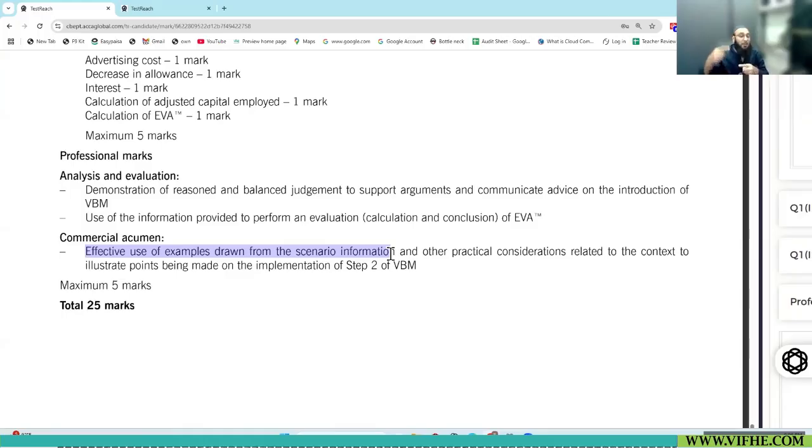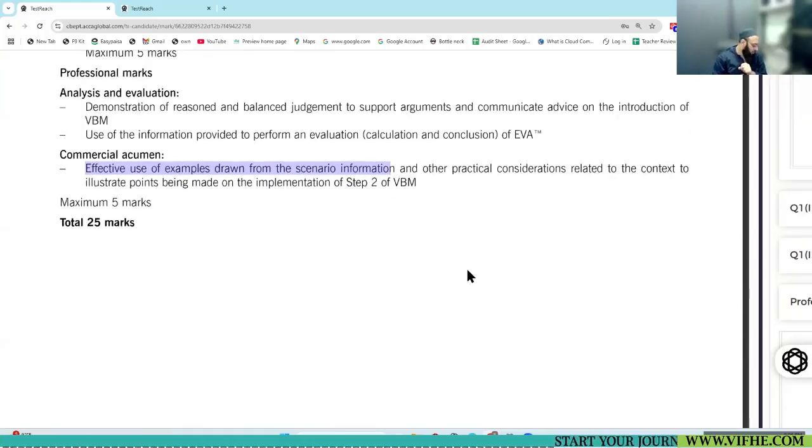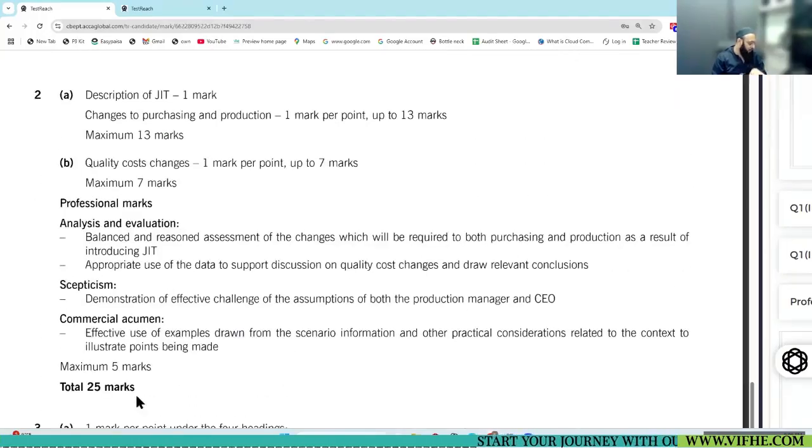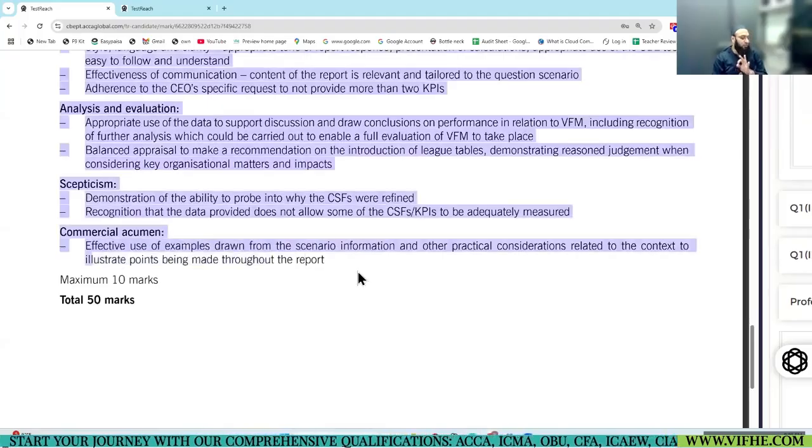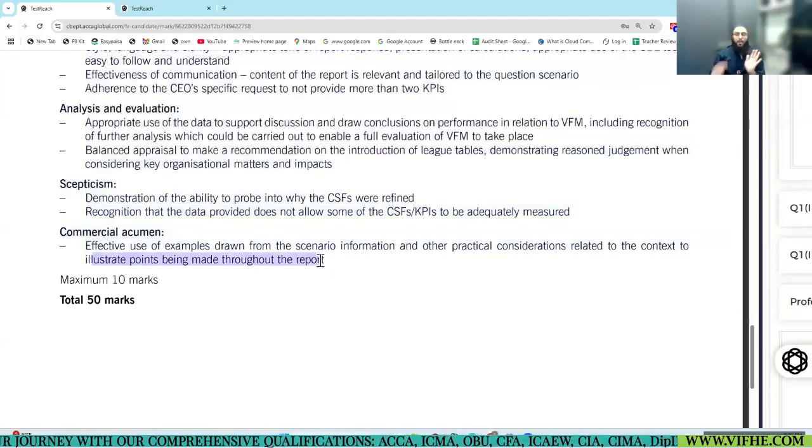I already covered this a lot of times. Effective use of examples drawn from the scenario, and any other practical consideration related to the context to illustrate the points being made throughout the report. So whatever you write, the more use of examples from the scenario and the practicality of that gives you commercial acumen.